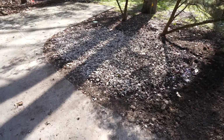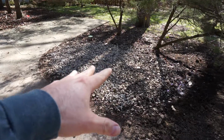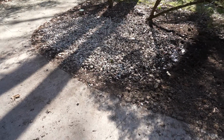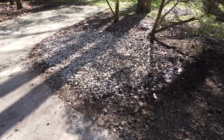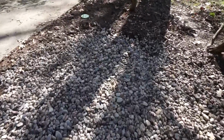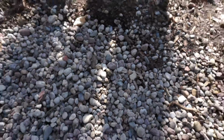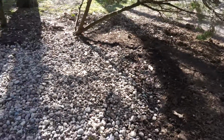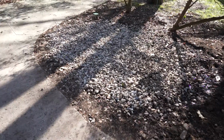So last September, plan A was to dig a dry well right in this area, which is where the discharge is, about 3 feet deep, 4 feet deep, fill it back with rock, and that would give the water a place to go while it percolated into the ground. The discharge for the sump is currently kind of over here, hidden, blends in with all the rocks. So I did that. That lasted through September, through the end of the year, and then came these rainy months